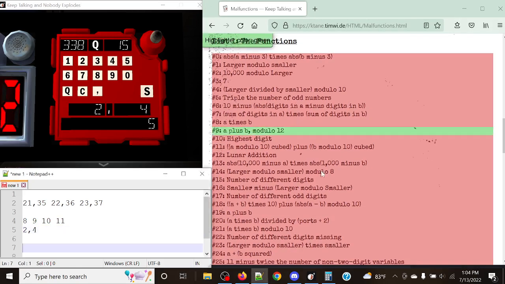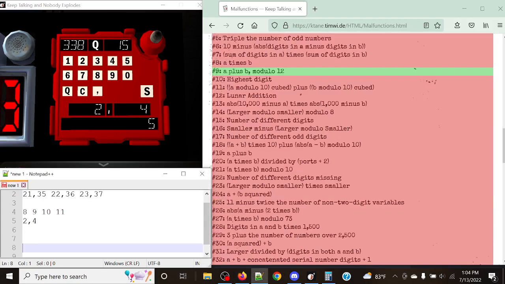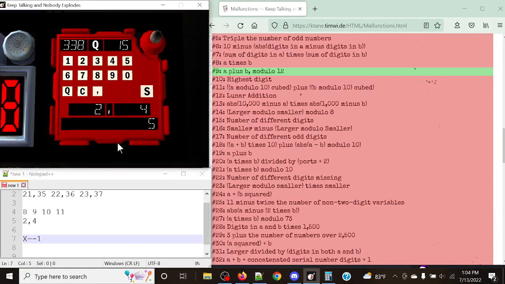So the function itself was not changing, but instead the x to the final query result was what was changing here. So we're going to note this down as x equals -1. And I'm going to try a couple more queries just to make sure that this is correct. So for example, let's do,